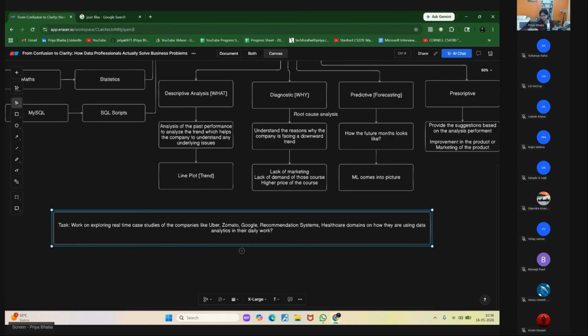I hope it was fine. Can we do that? Whatever discussions we have done, based on that, try to look for real time case studies. And in the morning tomorrow, share with me what exactly you have figured out. For example, how Google is using this DA part, how Uber is using it, how Zomato is using it,